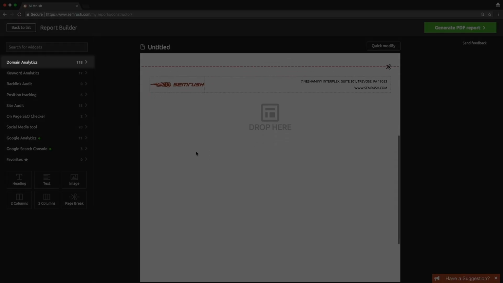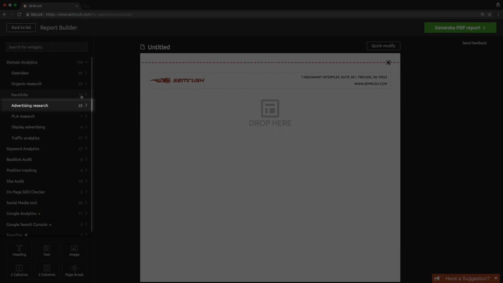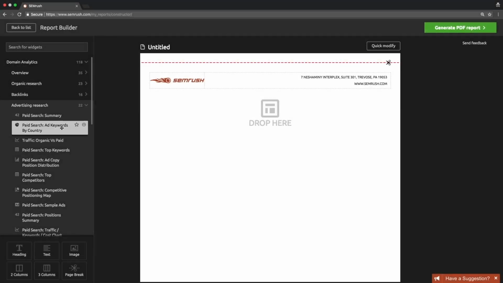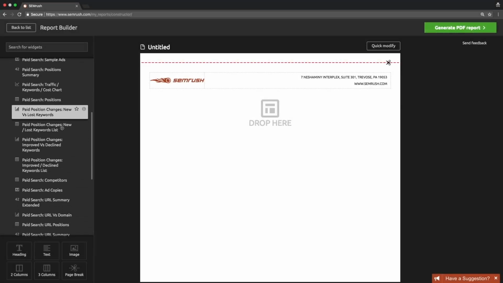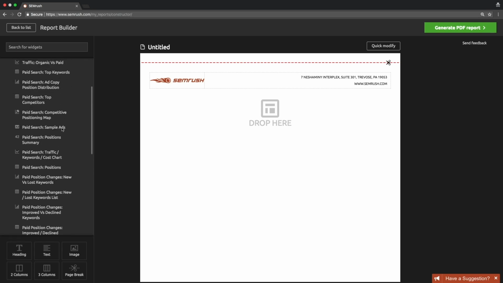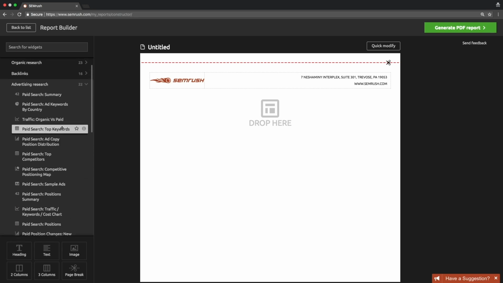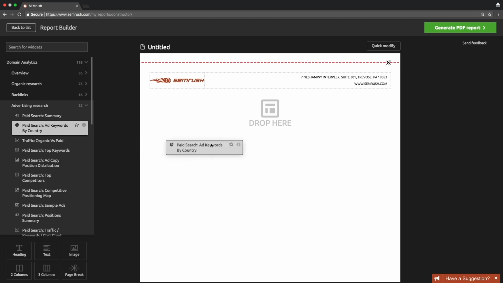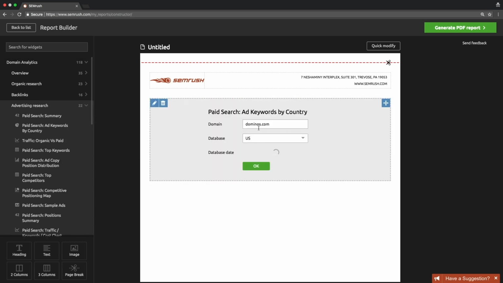Then click the Domain Analytics menu, then Advertising Research option, where you will be presented with the report widgets that you may find the most useful to present. In fact, there are more than 20 advertising research widgets. Dragging and dropping the widgets from the sidebar into your report window will present you with some parameters for creating